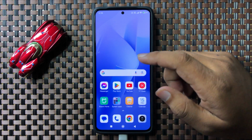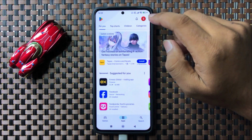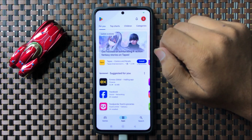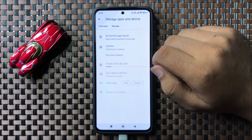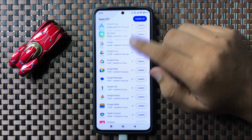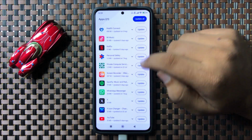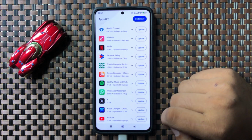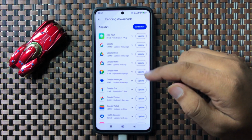So to update, open Play Store, tap on your profile icon and then tap on manage apps and device. Now tap on updates and from here update all the apps, and after updating these apps the apps will start working. But if you are still facing issue after updating,